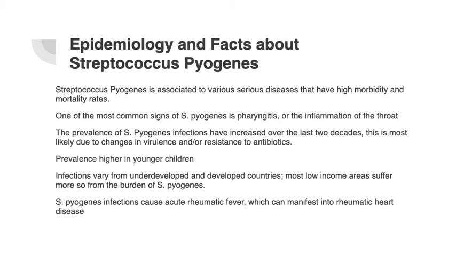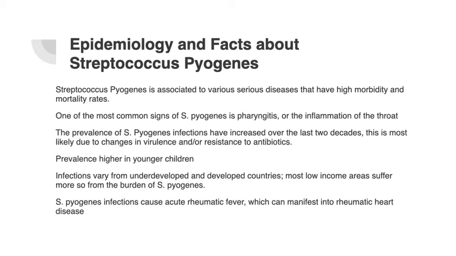Wanted to start off by talking about the epidemiology and some facts about Streptococcus pyogenes. To start, Streptococcus pyogenes is associated with various serious diseases that have high morbidity and mortality rates. One of the most common signs of S. pyogenes is pharyngitis, or inflammation of the throat, and the prevalence of S. pyogenes infections has increased over the last 2 decades, most likely due to changes in virulence and